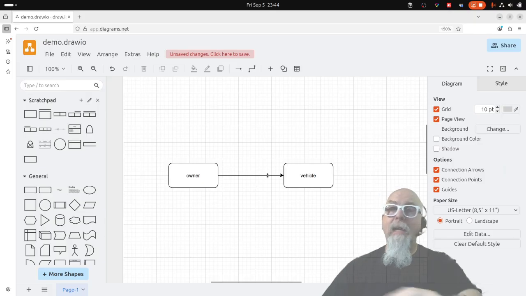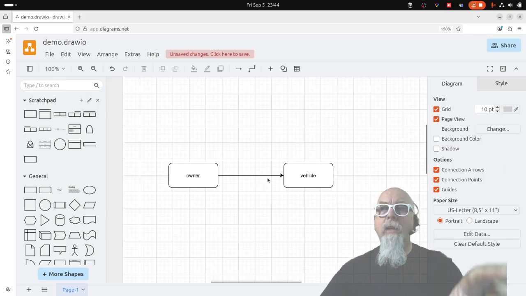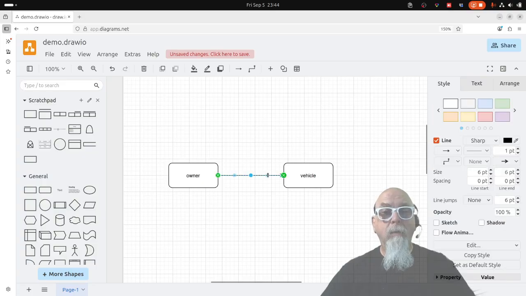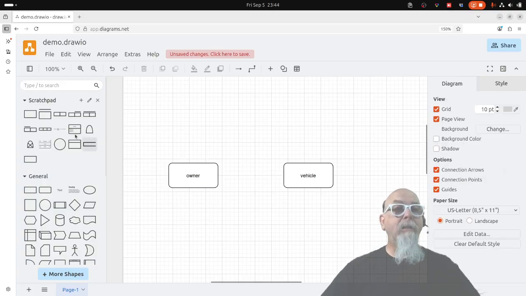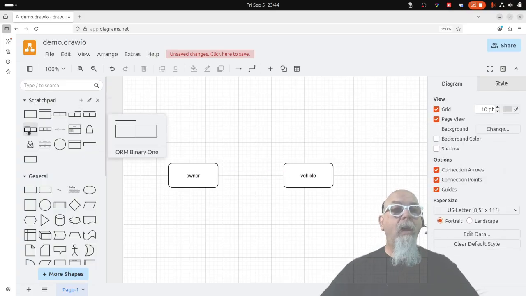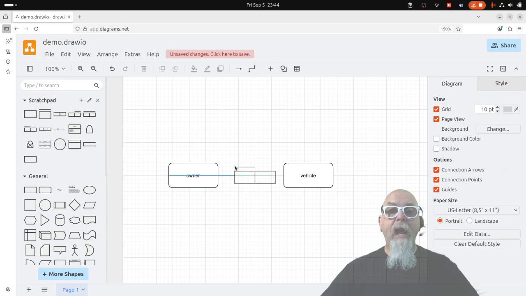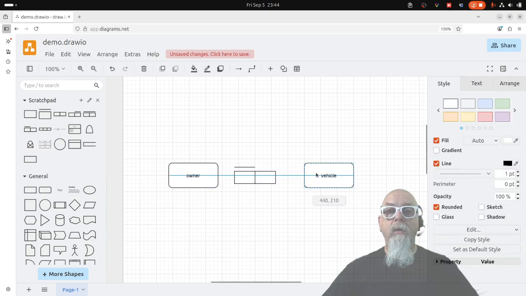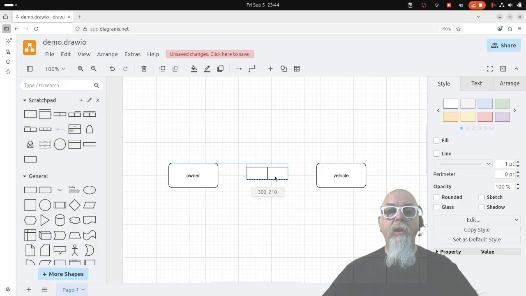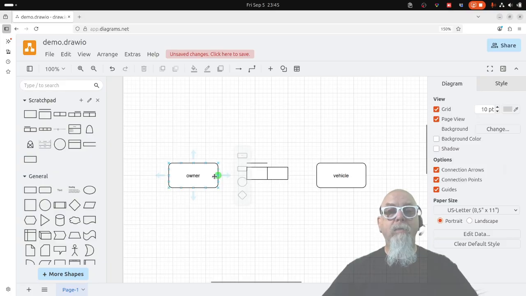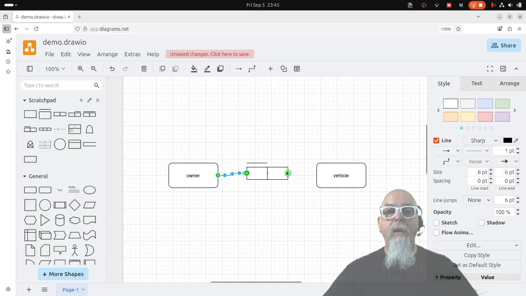Now, I'd like to get rid of that arrowhead. Actually, I need that box in the middle, don't I? Well, let's delete that and let's put that box in the middle. So a vehicle has one owner, but an owner can have multiple vehicles. So I've just grabbed that shape and put it here. Now, let's draw our line from here to there and from there to there using